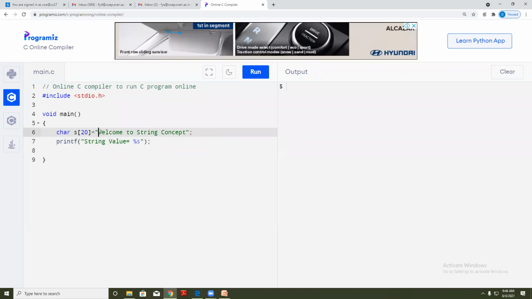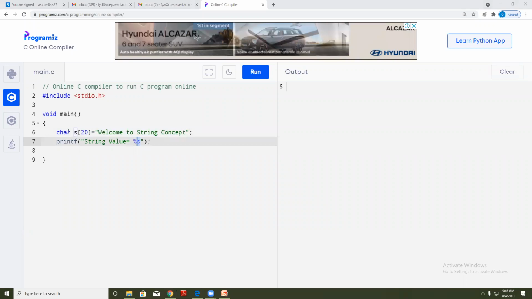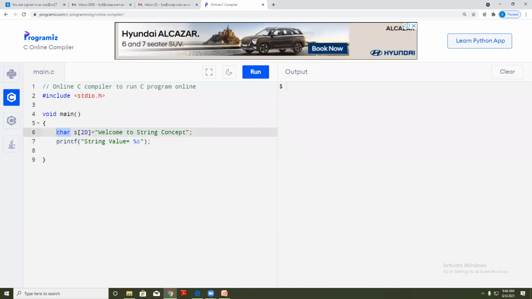But if I wish to display a complete string, that time I need to use %s. जरी data type हा दोन्ही वेळेस characters असेल, because character and string both have the same data type, character.